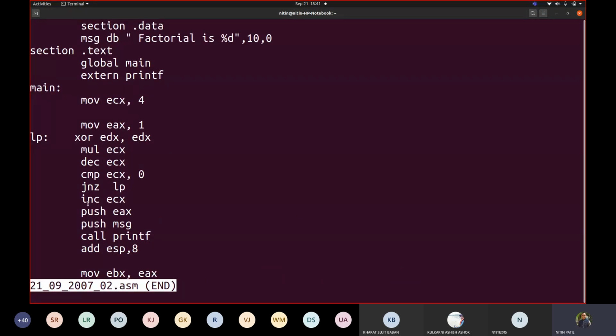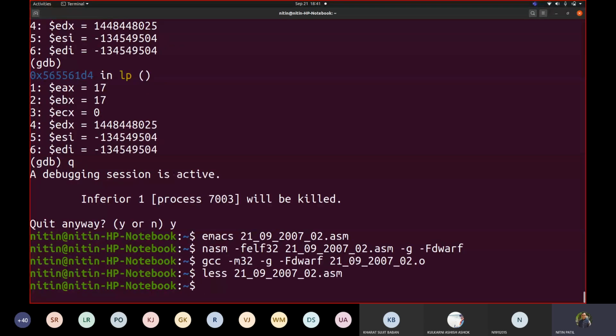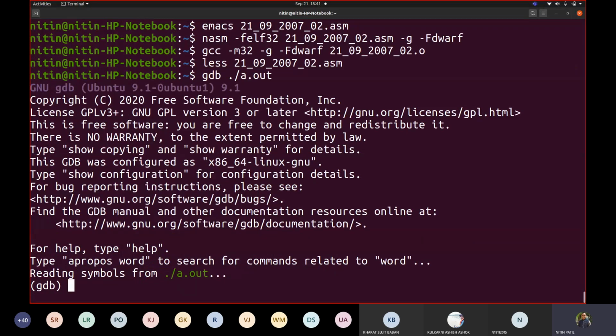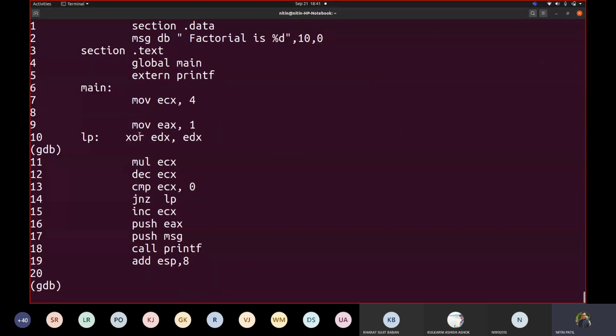See the change, I added only this, because we know that ECX becomes 0, so that's why I'm incrementing it by 1. Let us try to see why I did this. We will directly jump to the code where we added this increment ECX, at line number 15.